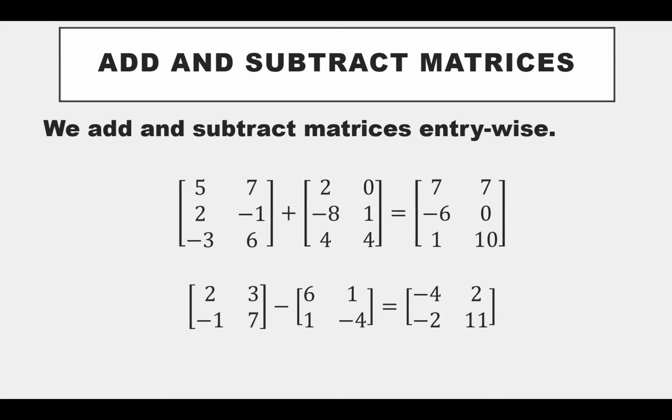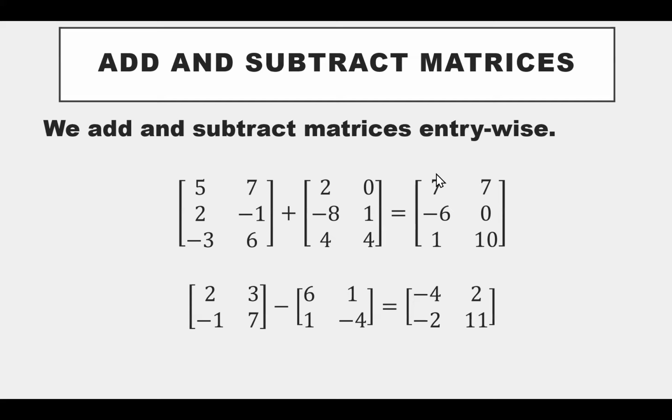When you subtract two matrices, you subtract them entry-wise. So here we have two 3 by 2 matrices. And when we add them, notice that the 1, 1 entry of matrix 1 added to the 1, 1 entry of matrix 2 gives me the 1, 1 entry